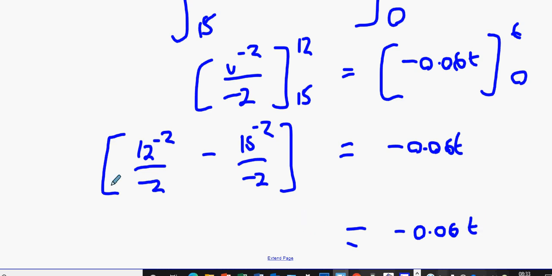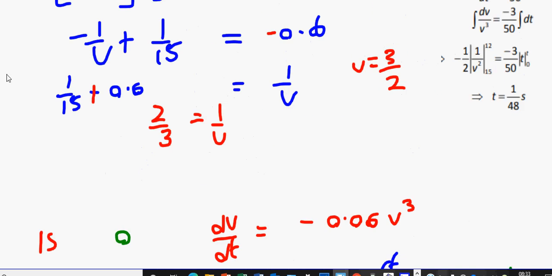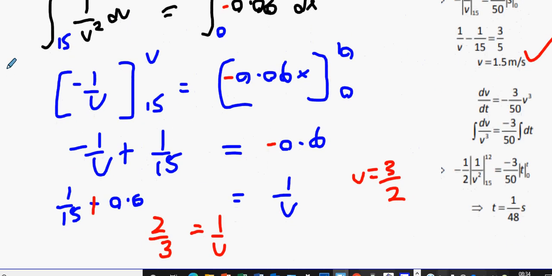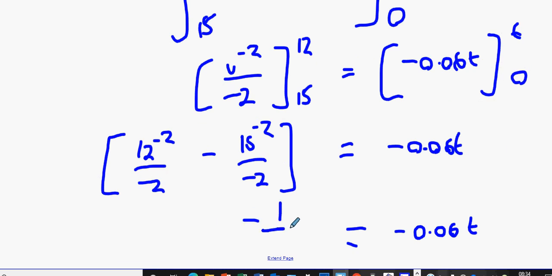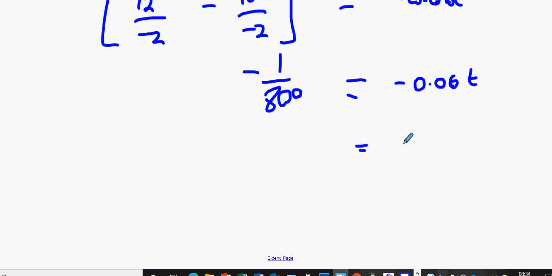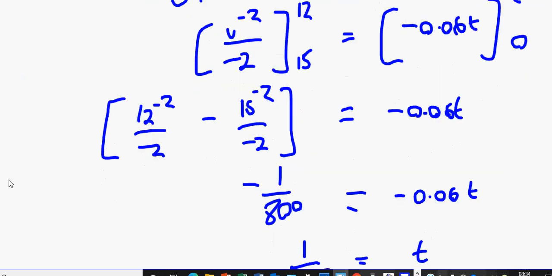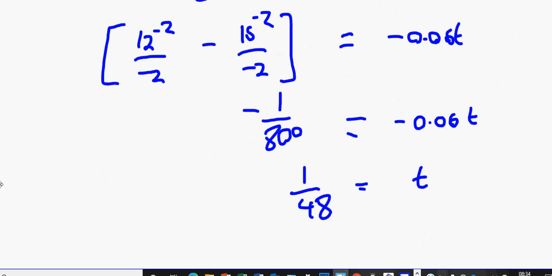Or positive. Minus 1 over 800. Brilliant. And divide that minus 1 over 800 by 0.06. 1 over 48. Happy days. Yep, 1 over 48 all day long. Happy enough with that one? Alright. You want to try find one